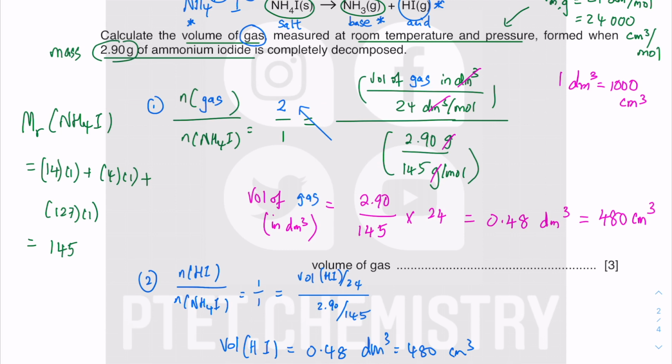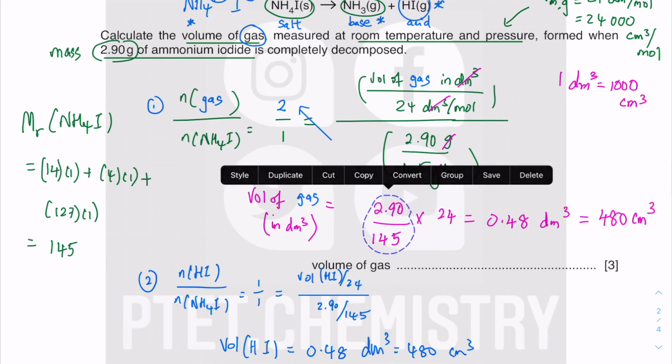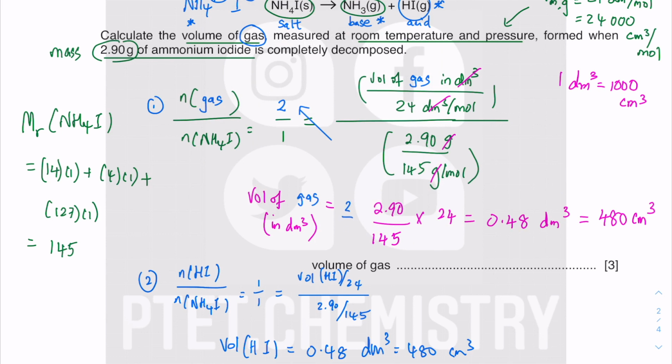So I'm missing a bit of space down there. Let me see if I can find a bit more space. I'm just going to move to that side. So I have 2 over 1 multiplied by 2.90 over 145 multiplied by 24. Altogether I will not get 0.48. Instead what I'll get is 0.96 dm cube, which is equivalent to 960 cm cube, because this is the total